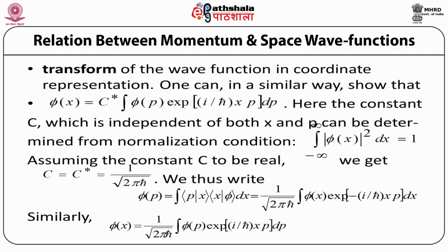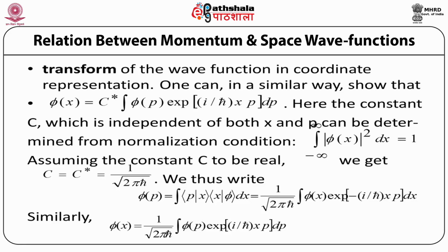So here phi(p) is the wave function as represented in the coordinate space, and similarly we can also have this wave function as a function of the coordinate x represented in the momentum space, and this is given by